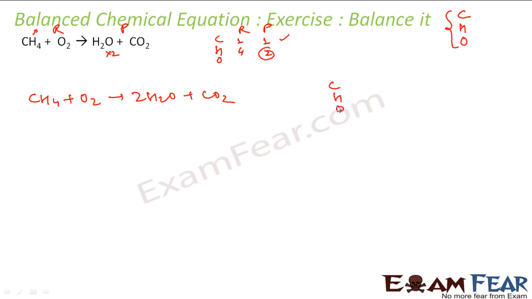So what now I get is, I'll again write CHO, reactant, product. Again I'll check the value, count the number of carbon, because it may change. So carbon is 1, product is 1. Hydrogen, we have 4 here and we have 4 here. Oxygen we have 2 here, and we have 2 plus 2, 4 here, right? So oxygen is not balanced. That means I have to multiply this guy with 2. So what I now get is CH4 plus 2O2 is equal to 2H2O plus CO2. Correct?